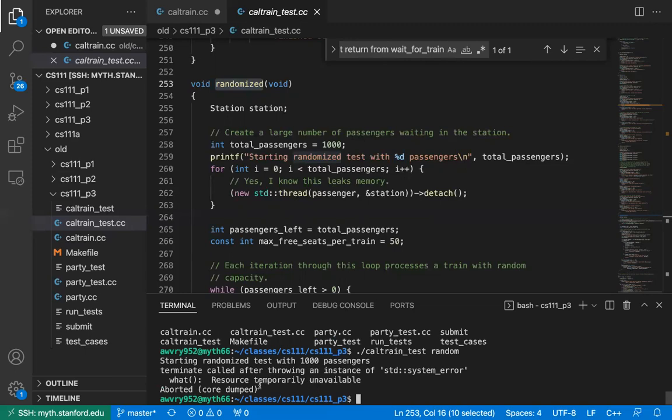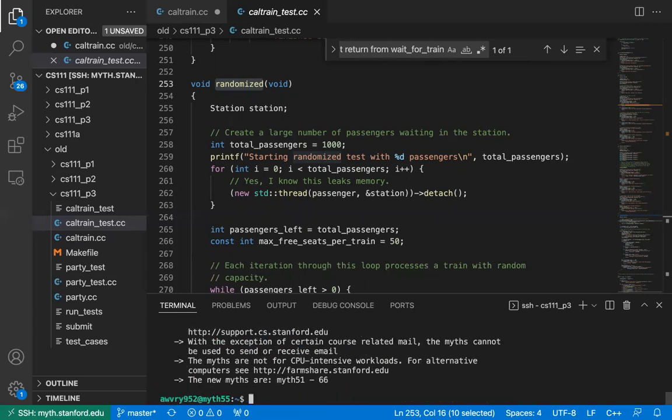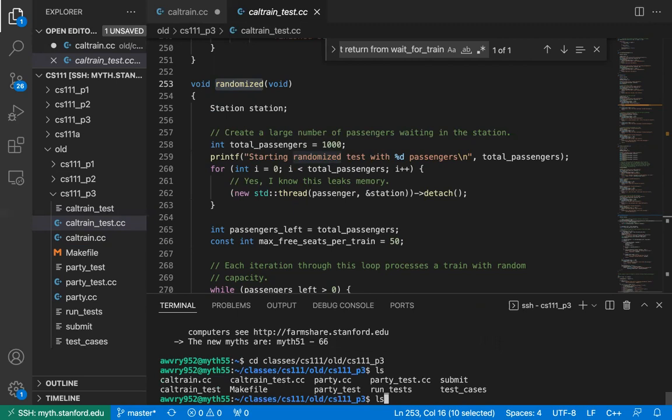Whoops. Okay, so sometimes you'll get issues like this. I saw some students got an issue with this for assignment 1, I think, because some of you started writing some fork bombs on the myth machine. To get around this issue, you can do SSH. You can just log on to some other myth machine. Let's try myth55.stanford.edu. Right, and then you can go to the code, which is CS111, old CS111, and then you can run that test again. Make